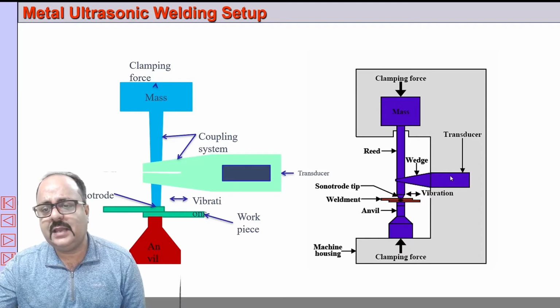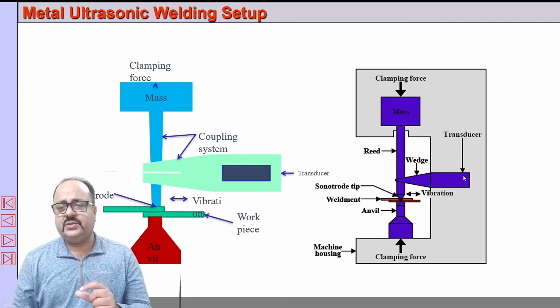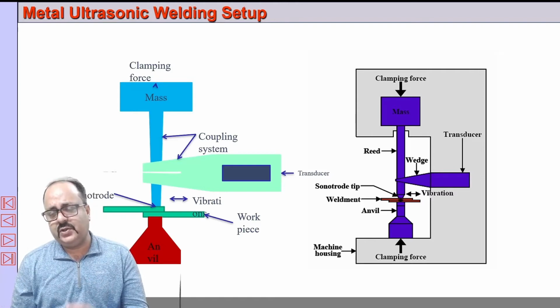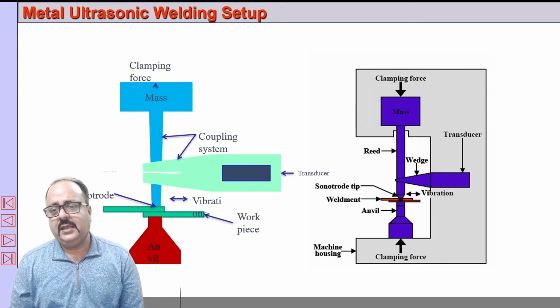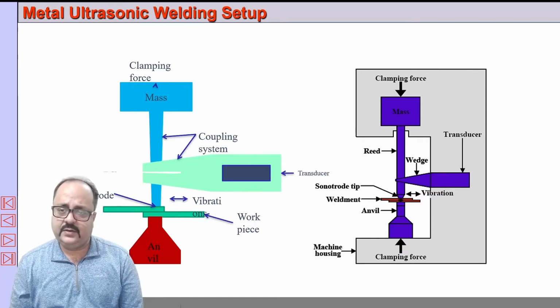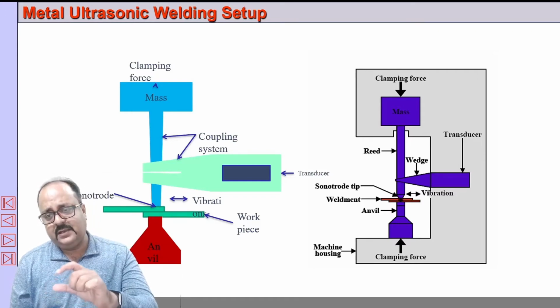However, this is the mechanical vibrations. Basically, transducers use some piezoelectric material. This piezoelectric material, when you apply an alternating current of high frequency, during one half of the cycle it contracts and the other half it expands. So this contraction and expansion has high frequency, but the amplitude is less. So that is basically how we are converting the electrical energy into a mechanical